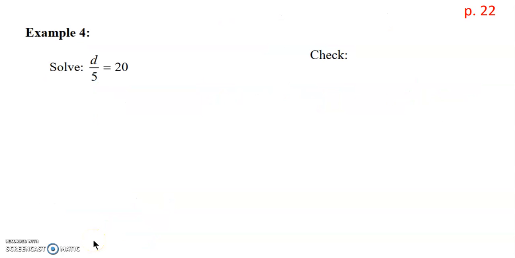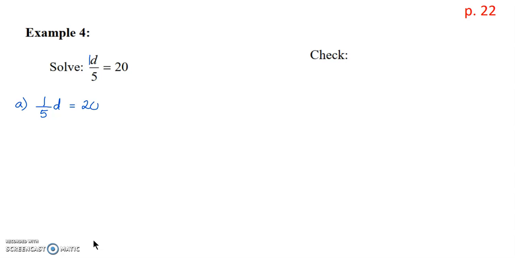For example 4, I'm going to show a couple ways to look at this question. One way is the way the book describes it, and another way is a little bit different. So if we look at d divided by 5 is equal to 20, first up we can see this is a 1d. So what this actually could be looked at as is 1/5 times d, because we can move the variable out, and d divided by 5 is the same thing as 1/5 times d